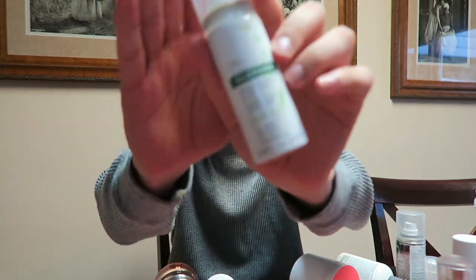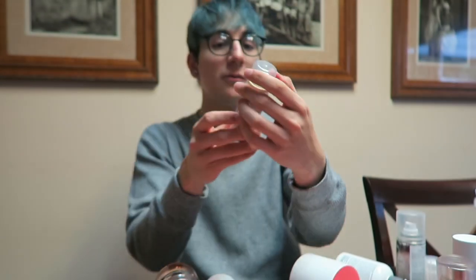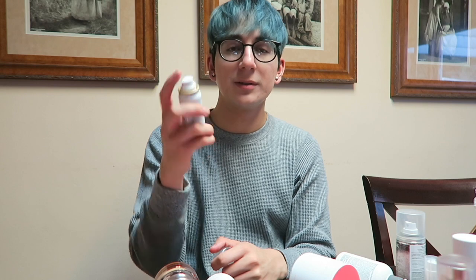The next product I'm going to show you is this one right here. It's from Chloron. I don't know if you guys have seen this one. I think this is a pretty popular product, so if you know any Chloron products, this is probably one that you already know about. It's the dry shampoo with oatmeal, like oat milk, and